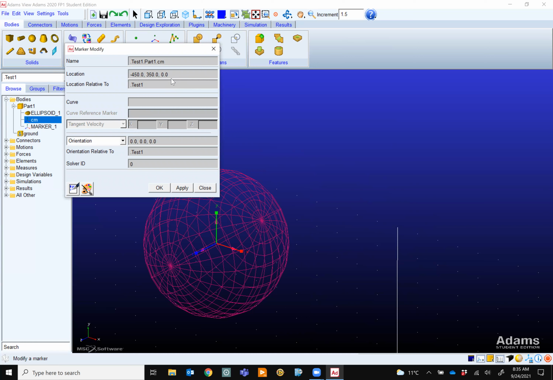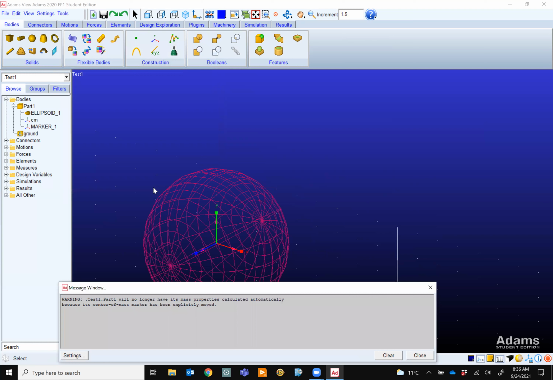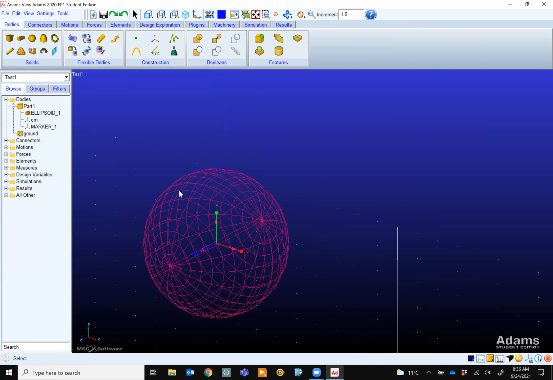And you see this, the Z 0. So you make sure this is on a plane. You'd better not change your center of mass. Let the program decide where the center of mass should be. Unless you use a weird material where the center of mass is different, but never ever change the center of mass. Okay, that's my thought. The program automatically calculates everything. And when you don't do anything, it gives you a warning. If you are happy with the warning, you can clear it and close it.